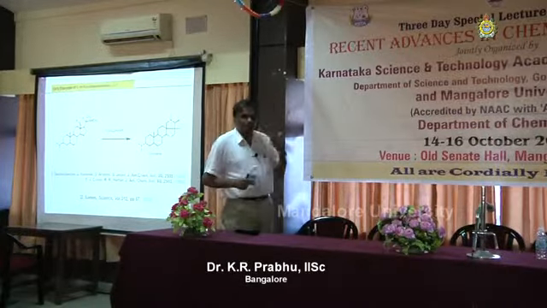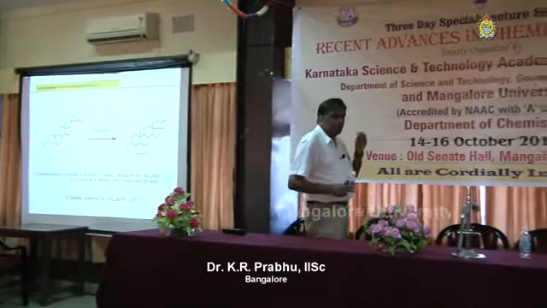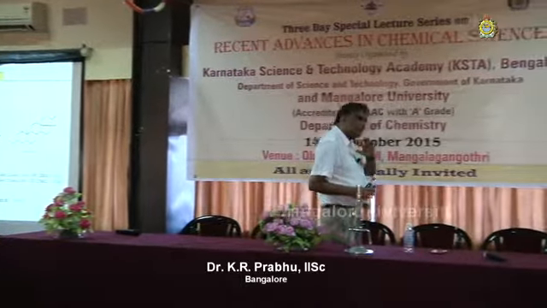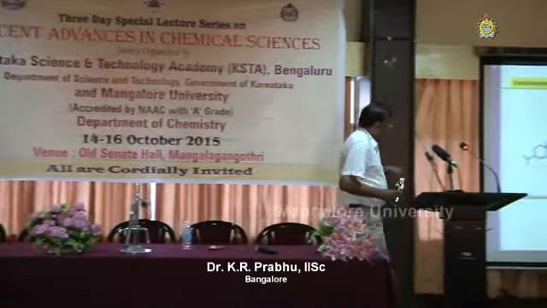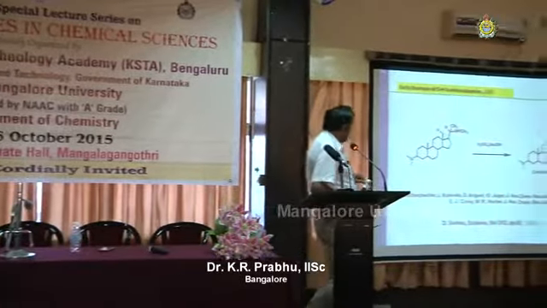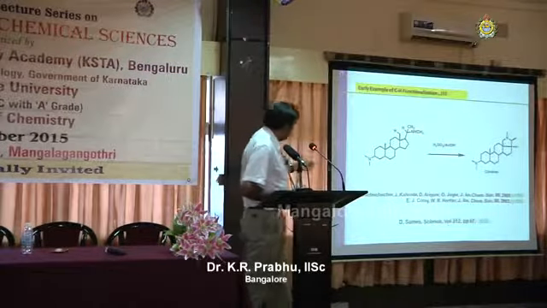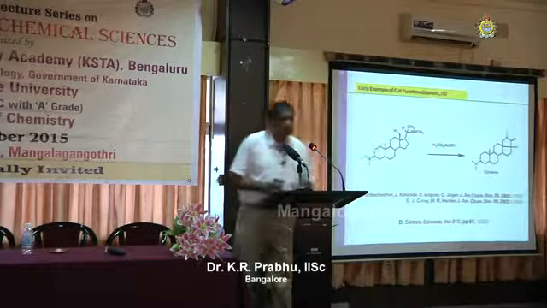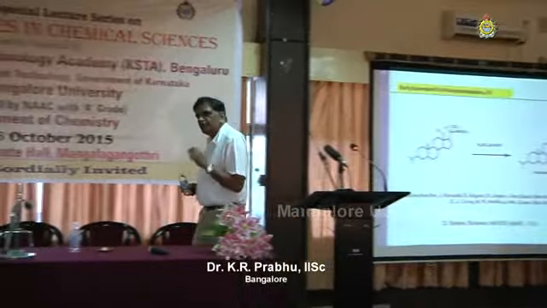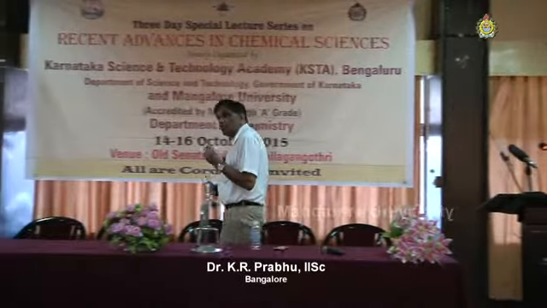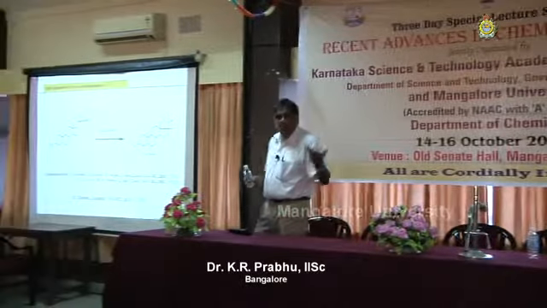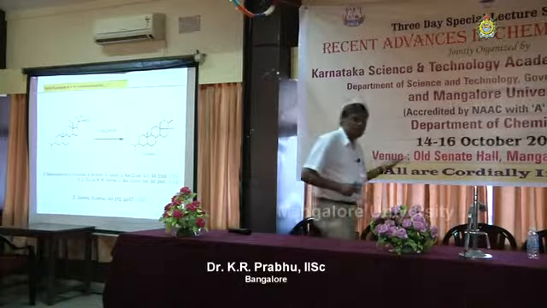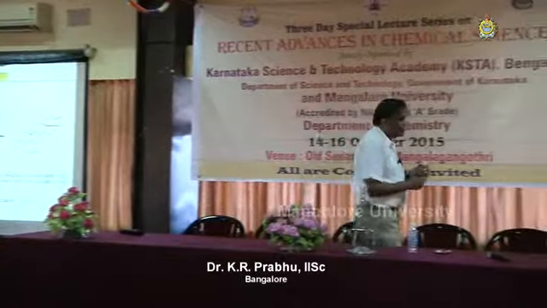People talk very hi-fi about what they are trying to do, but basically many of the things have been already conceptualized long ago. This is one of the examples in which E.J. Corey in 1958 has shown in one of the cholesterol systems, by using a simple sulfuric acid system, you are going to make the NC bond. That is beautiful. You are not losing anything. There is no functional group over there, and he has shown that extremely nicely.